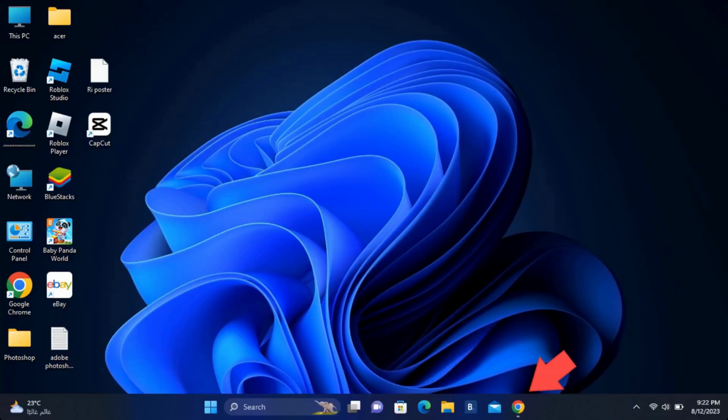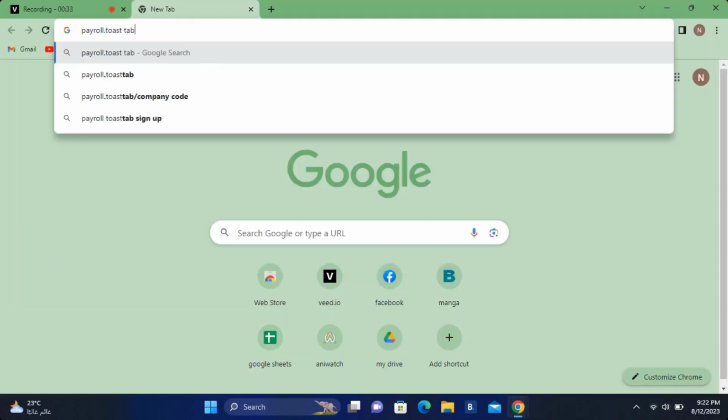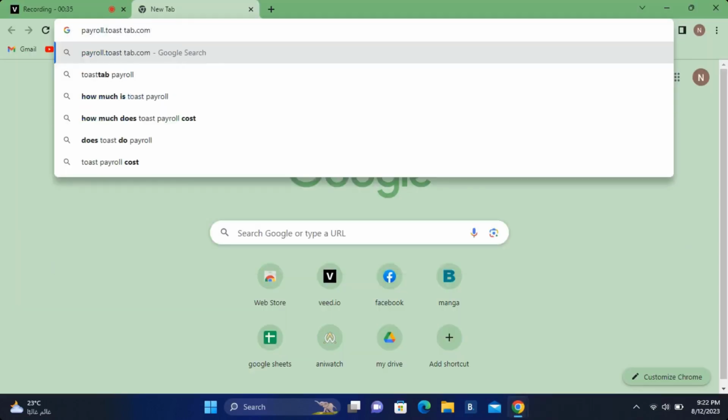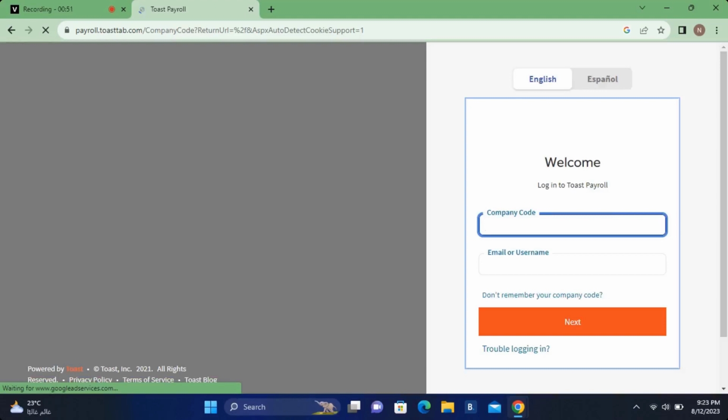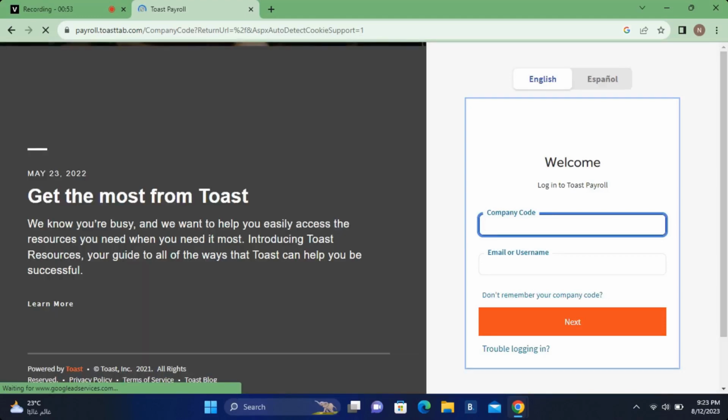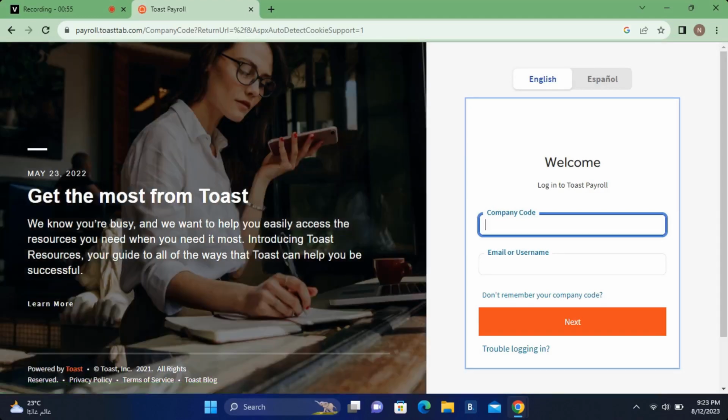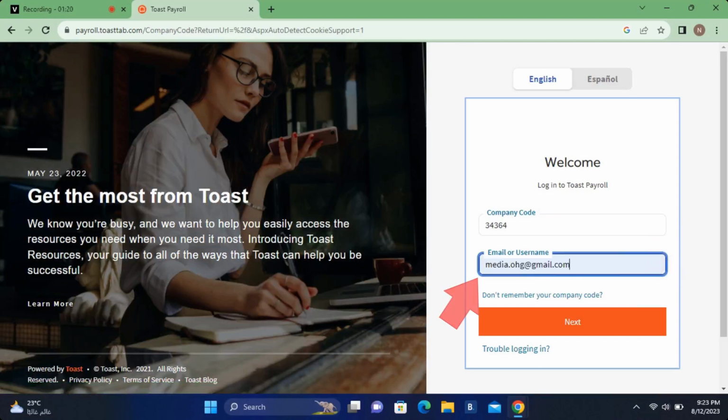First, open up a web browser. Now tap on the search button and type in payroll.toasttab.com. After you end up in the official page, type in your company code and enter your email address associated